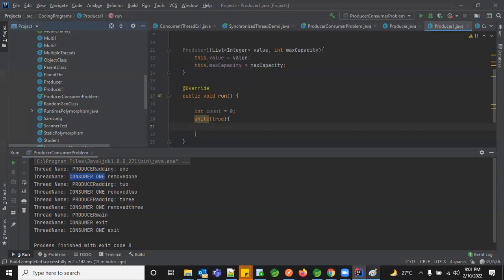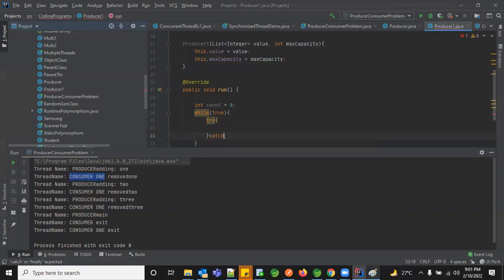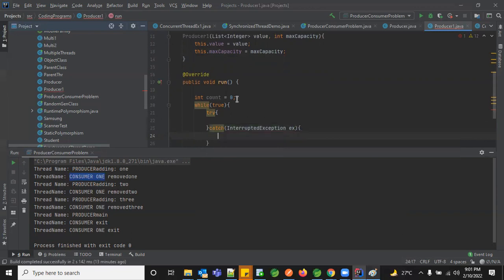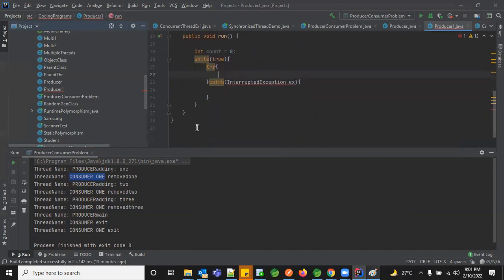I'm going to bring in the try block because we are going to end up with an InterruptedException. So you can either throw it or you can have your catch block. It's your wish. Okay. So now what I'm going to do in the activity is increment the count. And let me have a method called produce, like you had your table method. This produce will take nothing but the count which I'm passing, so it should be an integer.